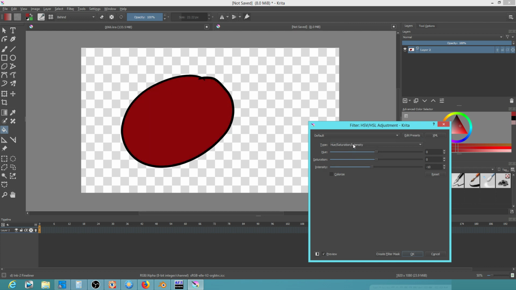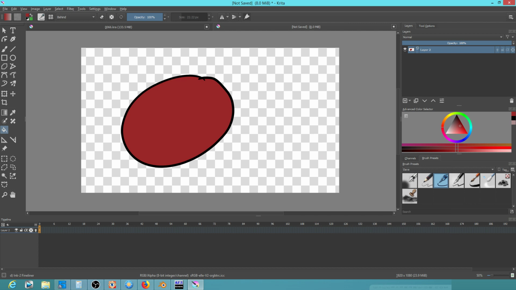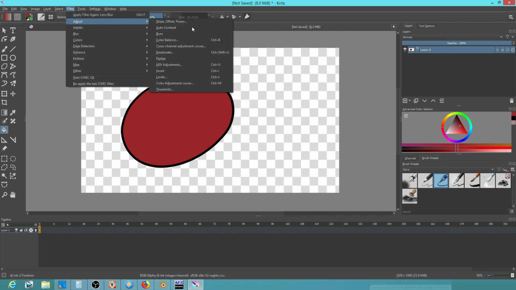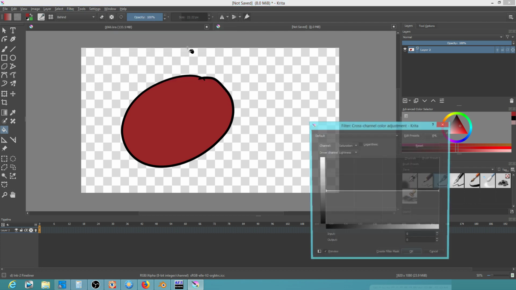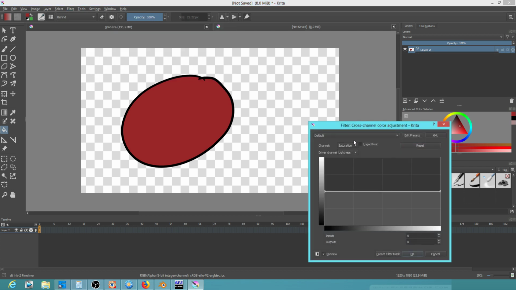No, bear with me, folks. I saw this just a couple days ago, and oh, I know what it was. I think this is the wrong one. Let me double check this. Adjust, cross-channel adjustment curves. Yes. And what I used was alpha. Okay. And then what I did was